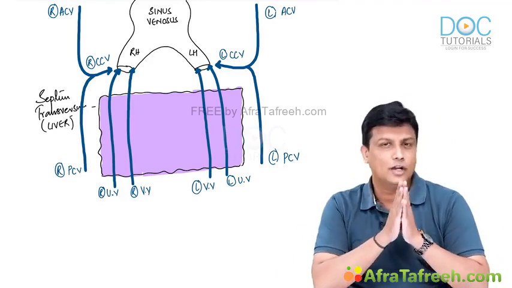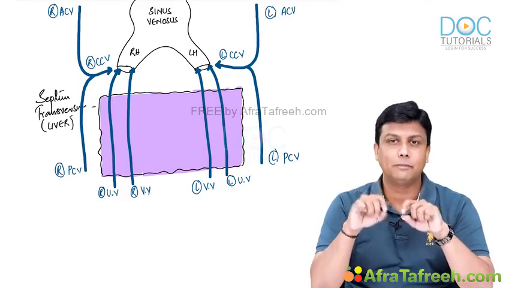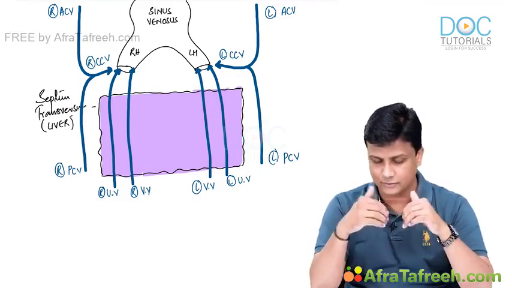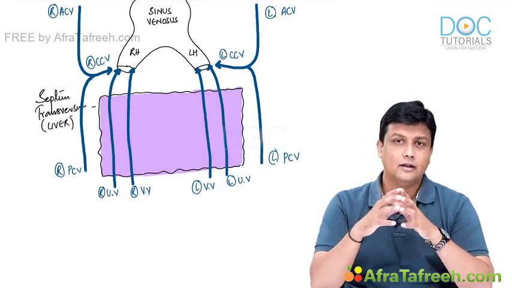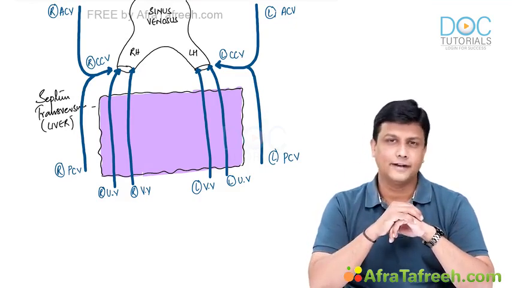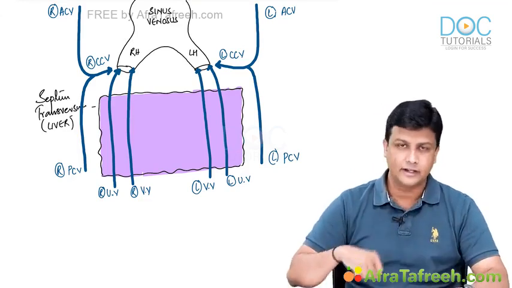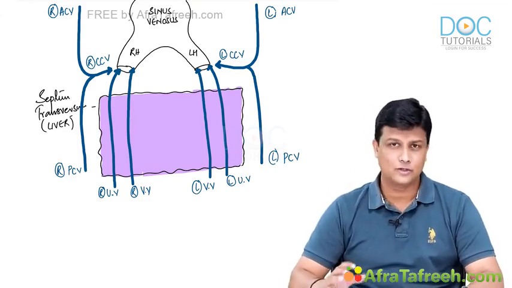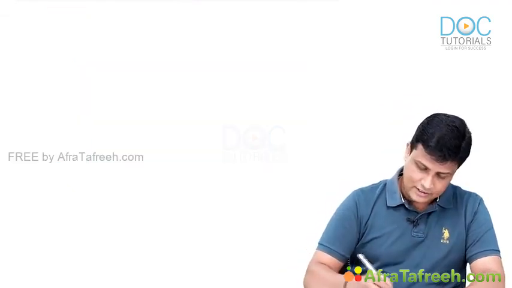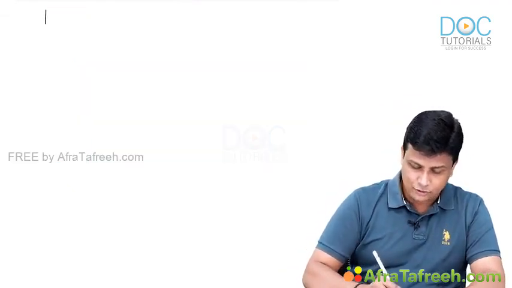Now, from this, we are going to pick up all those veins one by one and see the fate of all of them. For example, first I'm going to teach you about the umbilical vein, then the fate of vitelline veins, and then the fate of the cardinal veins. So from this main diagram, let us take all those veins one by one and study their fates. So first in line, let's begin with the fate of